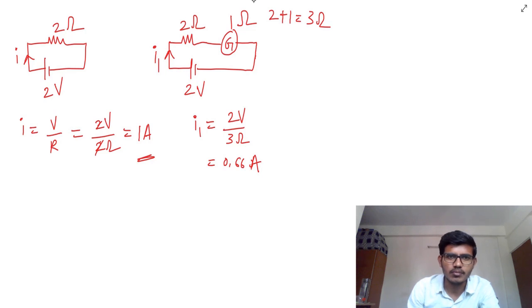While applying the galvanometer, we should not change the current in the circuit. We should be able to measure the same amount of current which was flowing before. But by applying the galvanometer, we are changing the resistance, which in turn changes the current. So here we are getting a wrong reading. This is not accurate. So to make the galvanometer more accurate, so that we do not change the initial current amount,